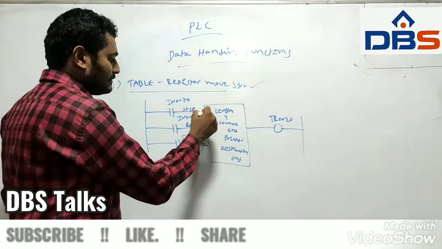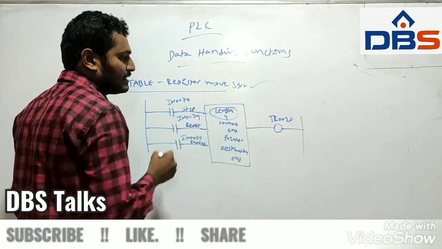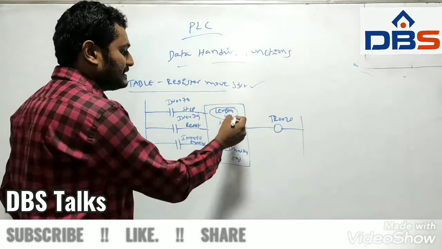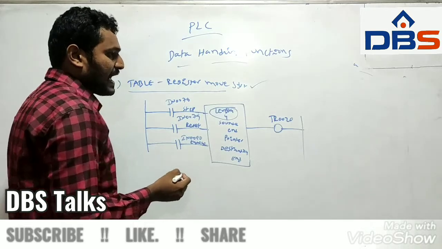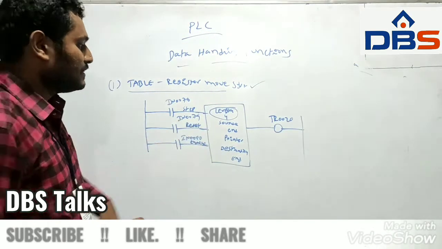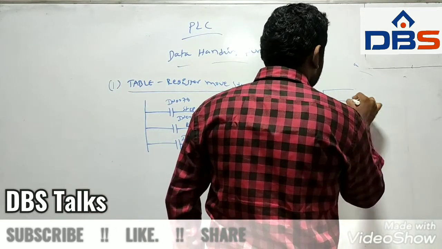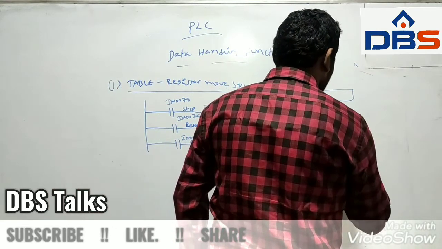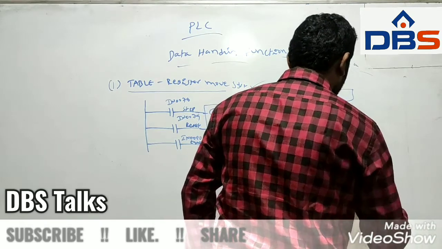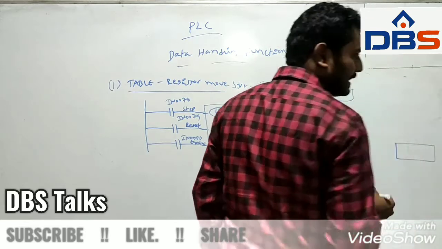So here in the functional block, firstly we have to specify the length of the registers, that is, how many registers we have to move from one place to another place. After that we have to specify the source register, that is the N table register. In the previous case I was taking some registers. Here I am taking 8 registers, and these registers' data is moved into one single register.